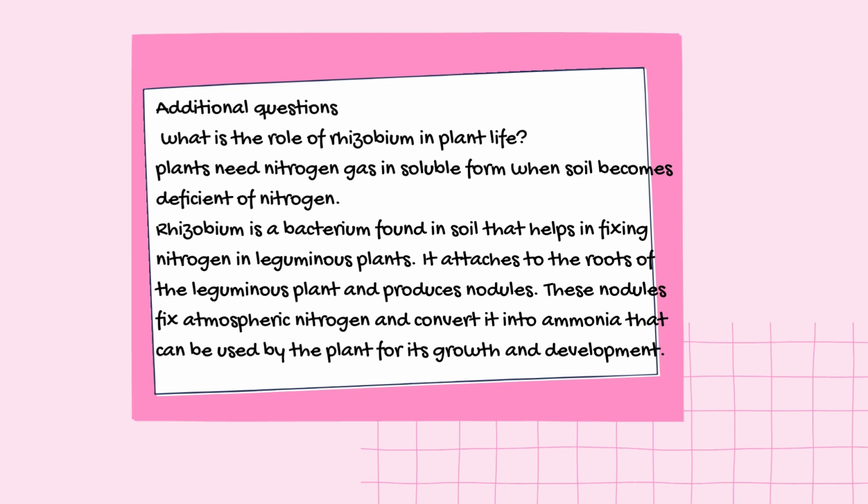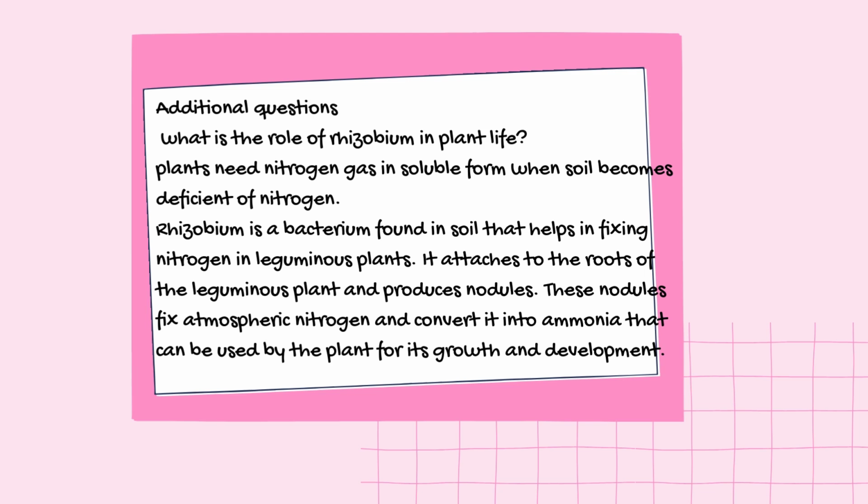What is the role of rhizobium in plant life? Plants need nitrogen gas in soluble form when soil becomes deficient of nitrogen. Rhizobium is a bacterium found in soil that helps in fixing nitrogen in leguminous plants. It attaches to the roots of the leguminous plant and produces nodules. These nodules fix atmospheric nitrogen and convert it into ammonia that can be used by the plant for its growth